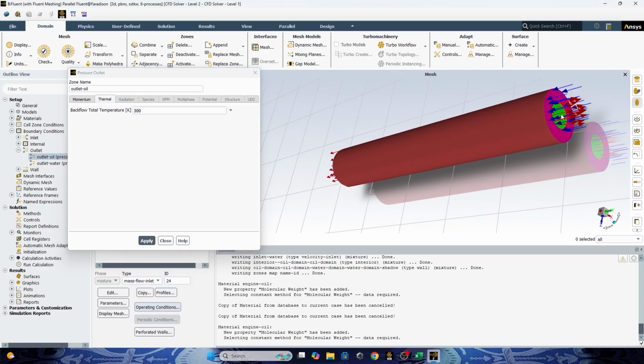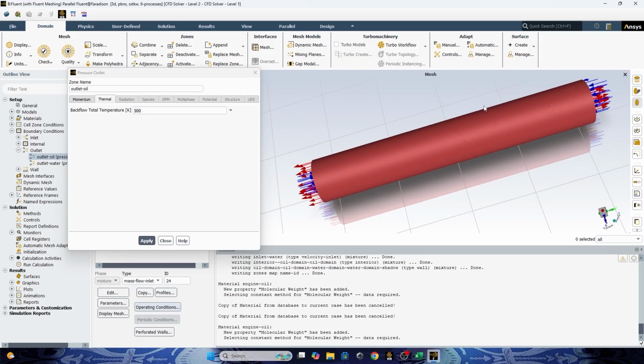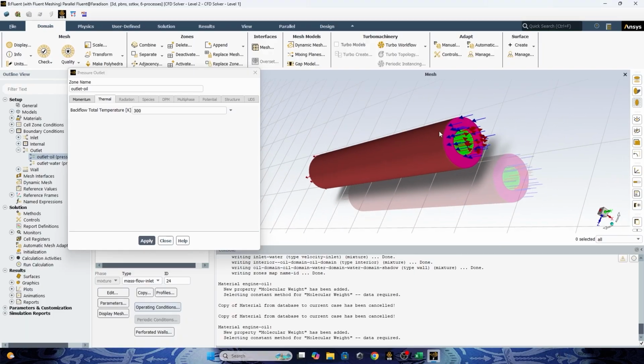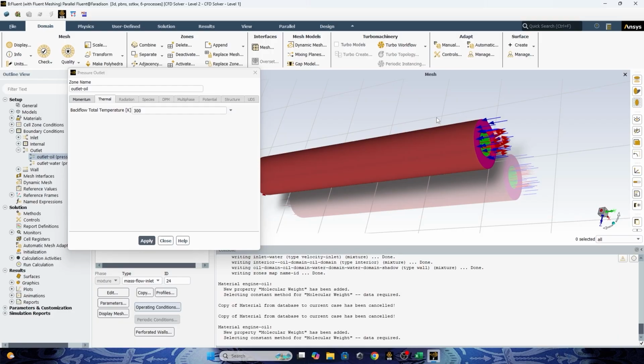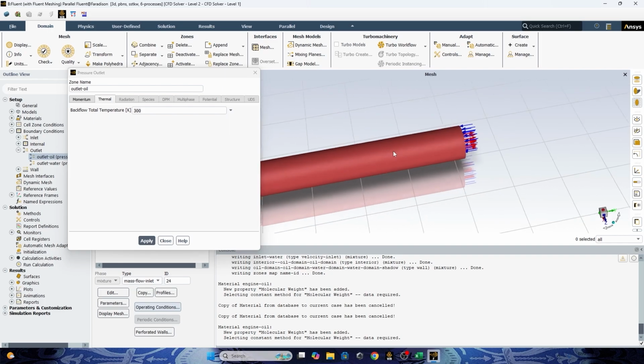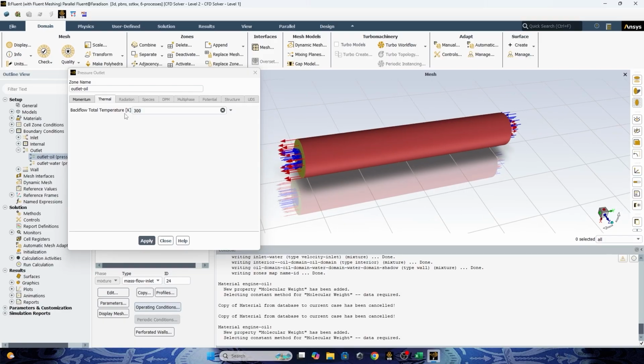This is only for the guess, because we know that if there's turbulence here, there will be a backflow temperature, and the backflow will provide the heat. Because the backflow provides the heat, this will be considered by the software in the calculation.